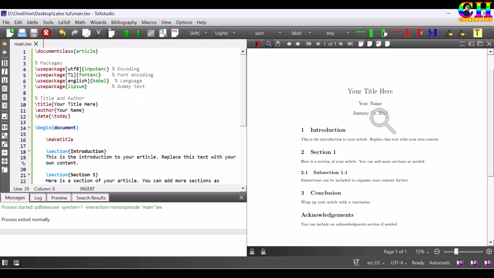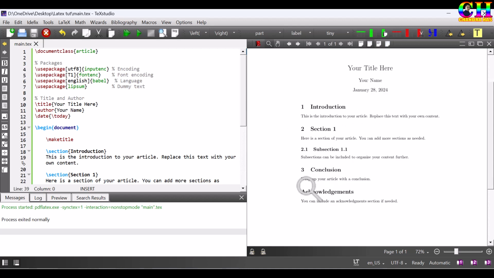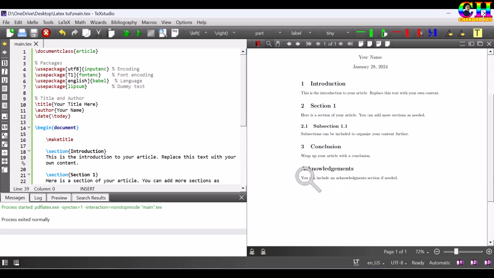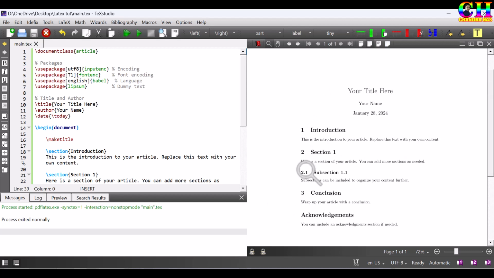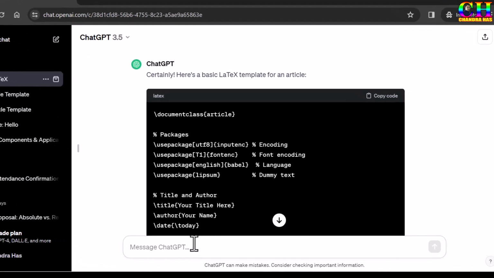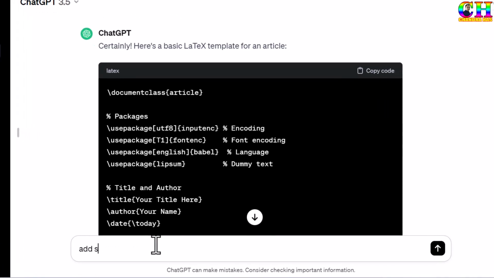Here you can put your content: introduction, section 1, section, subsection. Similarly, you can add other sections as well. In fact, section titles also we can create using ChatGPT. Just write add section titles,